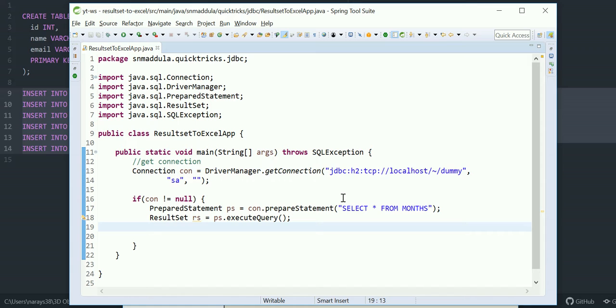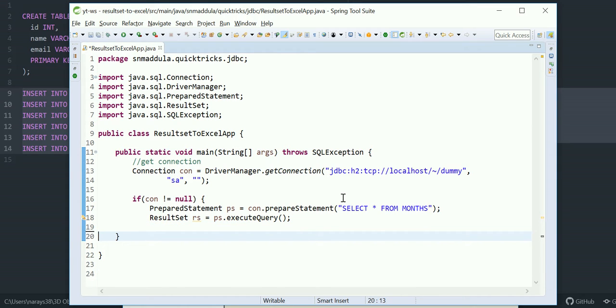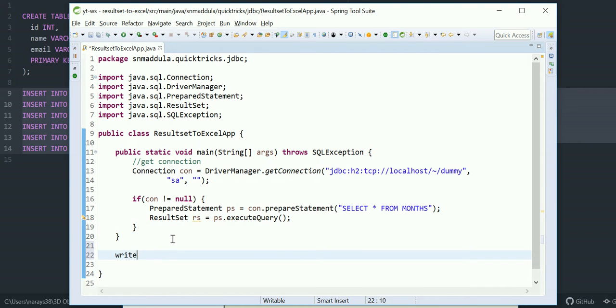If you ever get any data, let us say you have some data in the table, then it will be returned to you as a result set. Now what we need to do is convert this result set into an Excel workbook. For that sake, let us write a method called write to Excel, and this will take arguments like result set, rs, and